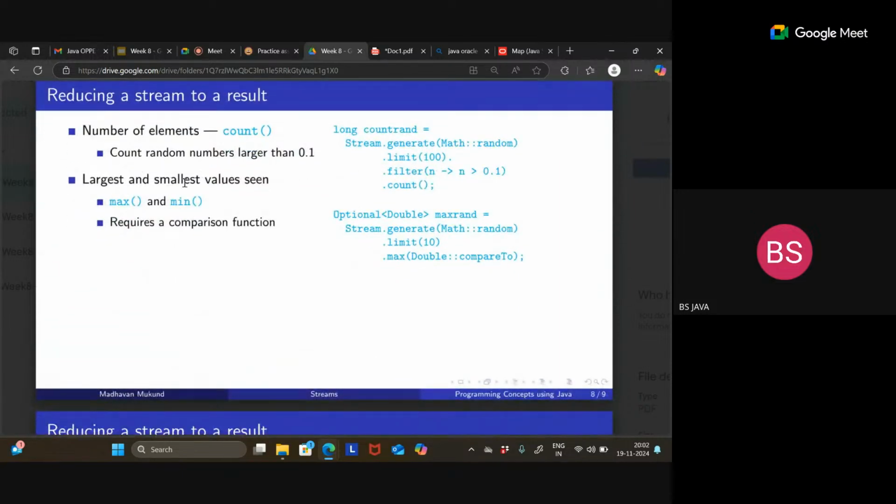We can find the largest and smallest values by using the methods max and min. Previously everyone was asking, instead of Python, can we use max and min? Yes, here you can use these max and min methods. You can convert any collection to a stream and just say max of,